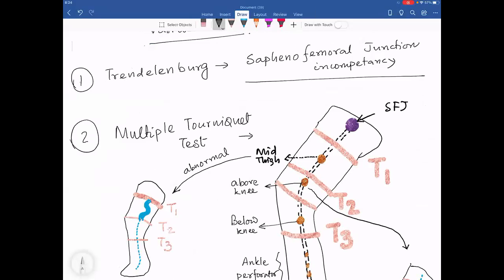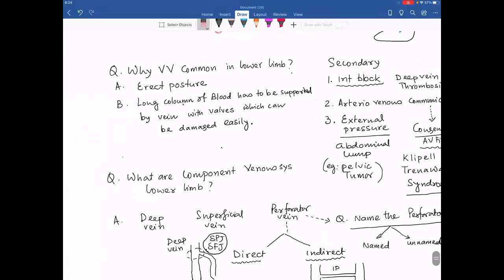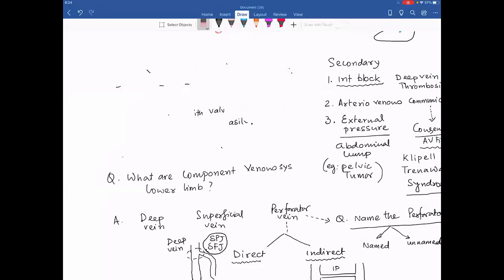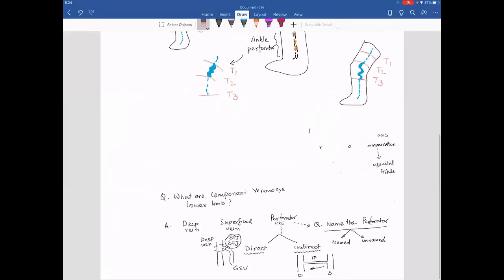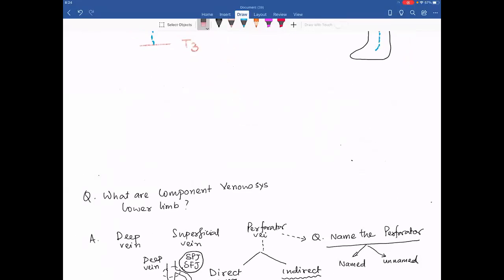Come to the next question. What are the factors that favor the venous return to the heart? What are the physiological factors that favor the venous return to the heart? Just a second. The question was factors for venous return.